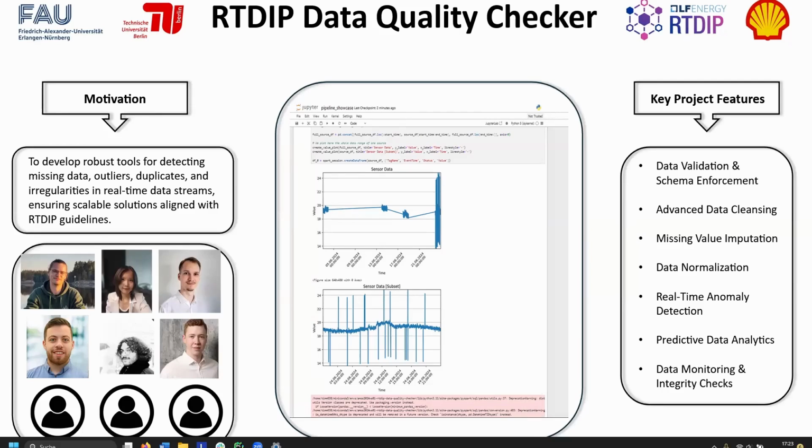Welcome to this short demonstration of the RTDIP data quality checker that we developed as part of the AMOS project at FAU and TU Berlin, together with our industry partner Shell. For those who don't know, RTDIP stands for Real-Time Data Ingestion Platform, and it's an open source initiative by Shell